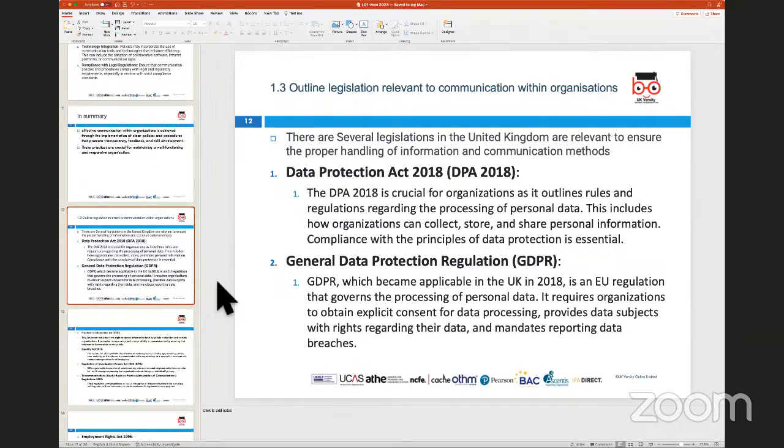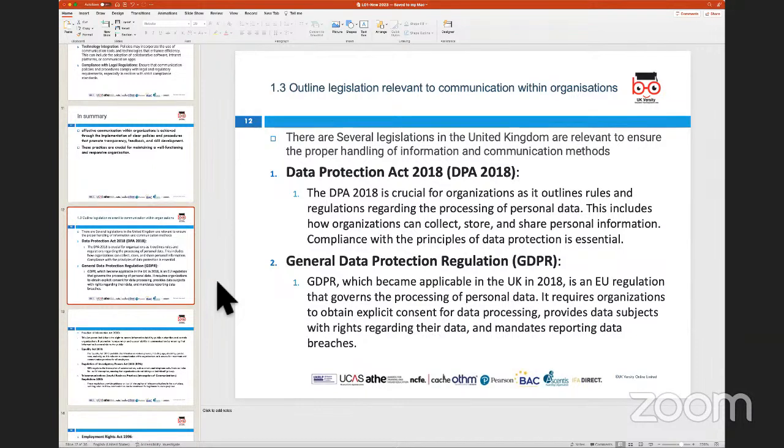When you visit a website, the website collects data by asking you to click on a cookie to say, do you allow this information to be used for certain purposes? Now, what they are doing is collecting data, and by default, because of this Data Protection Act, they are obliged to store, maintain, and provide restricted access to this data to a number of people as and when required. And this should not be used, in the case of websites, for marketing purposes. If you click deny, that means this data cannot be used for marketing purposes.